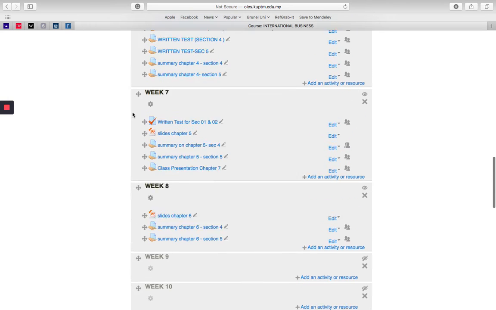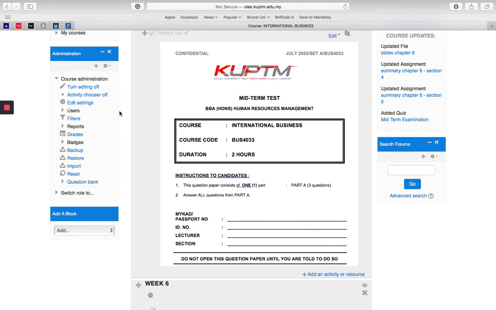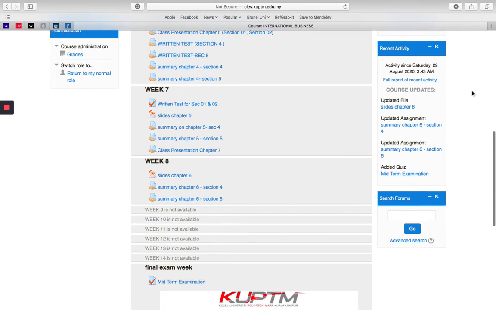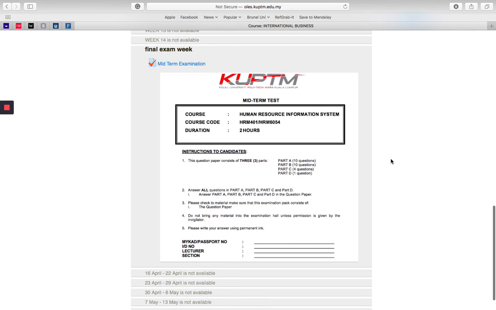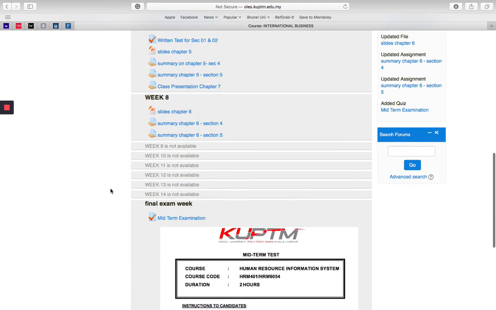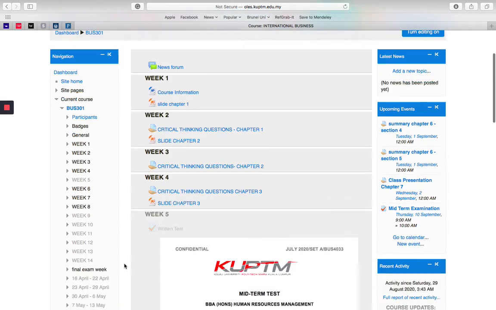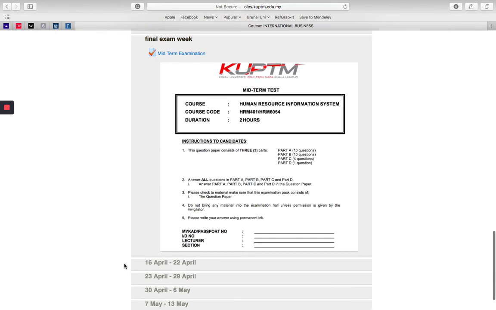Let's have a look here at how to change to the student view role. You can go to switch to student, and then here this is what we call student view, assuming you are a student. So these are the things that they can see. Final exam week, midterm exam, etc. To edit the questions again, going back, return to my normal role,